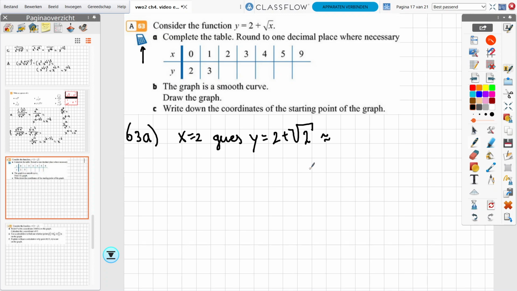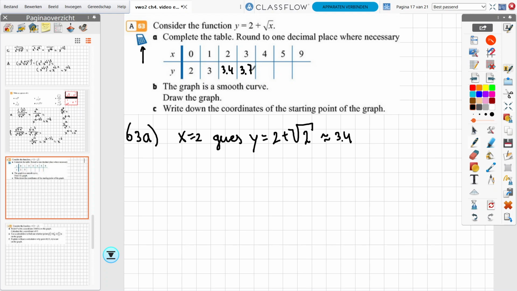So I'm doing that right now. I already know that root 2 is 1.41. You guys don't know that. Here, if you would round it, you would find approximately 3.4. So at 2, y is approximately 3.4. And then you do the same with 3. So you do 2 plus root 3. And then you find, well, this is approximately